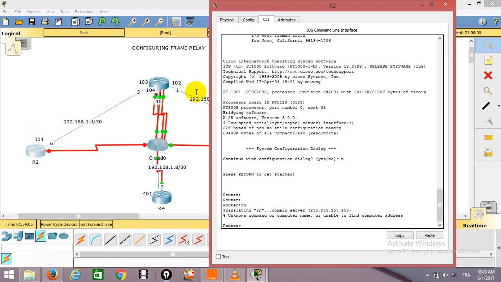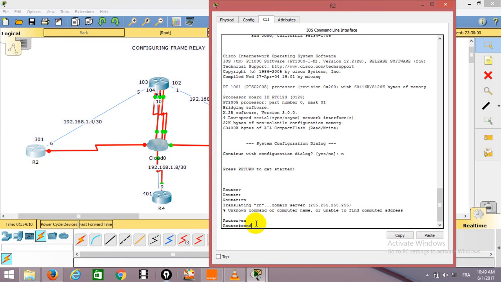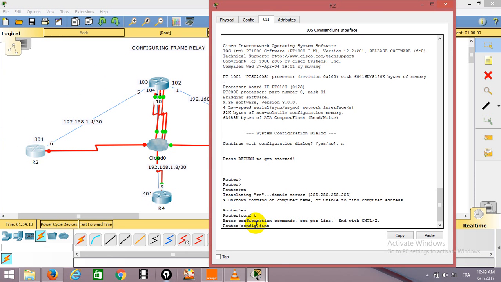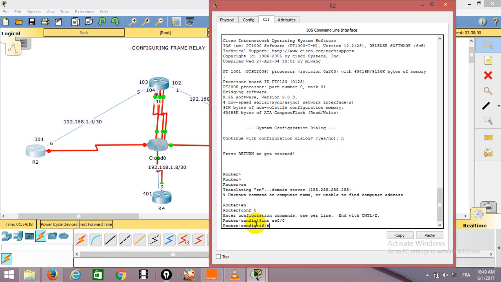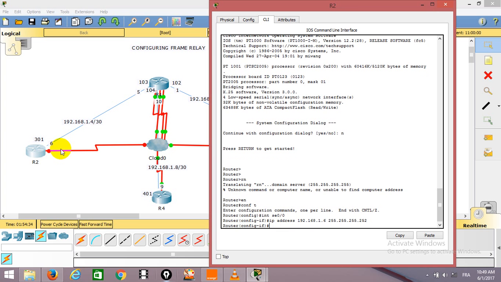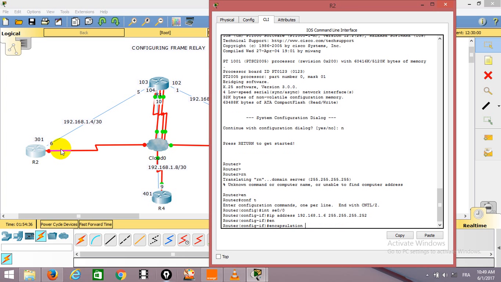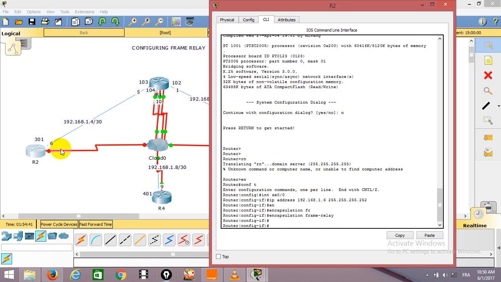We'll move back to this one, the other router. Continue: enable, configure terminal, interface SE0/0, give it an IP address, which was 192.168.1.6, 255.255.255.252, class /30. Do an encapsulation frame relay, do our frame map